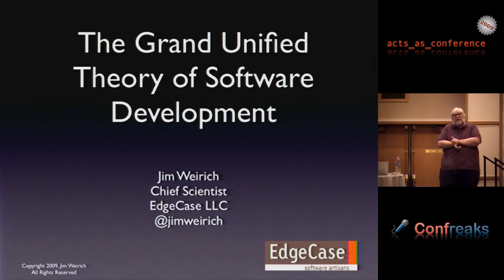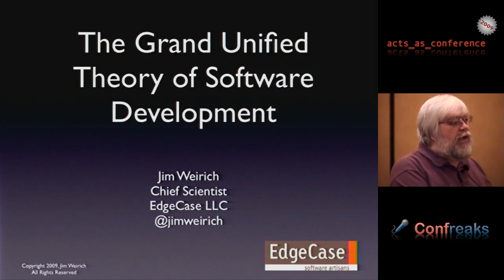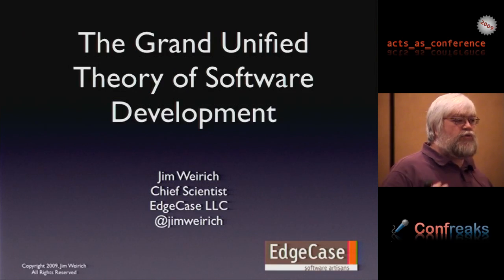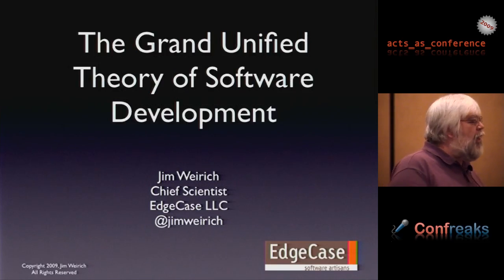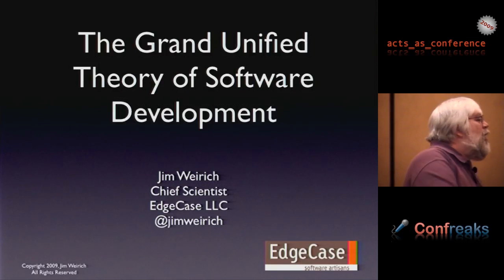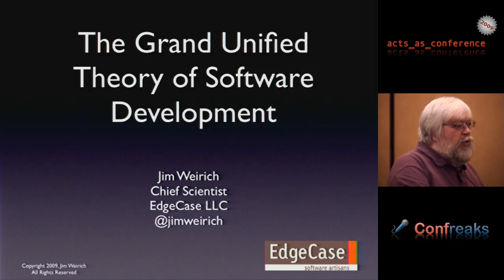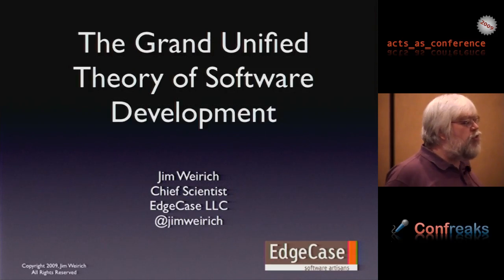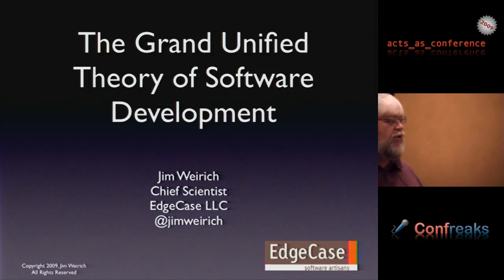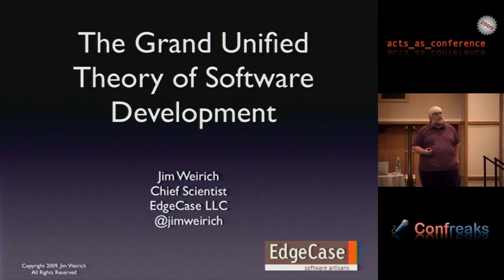If you're familiar with physics at all, you understand there are certain fundamental forces in the universe. There's the strong nuclear force, the weak nuclear force, the gravitational force, and electromagnetism. And they're all governed by separate equations. What physicists would love to come up with is the grand unified theory, explaining all the forces in the universe in one simple equation. No one has really been able to do that yet, although they've made certain attempts. I think the same problem exists in software these days: we have lots of theories on how to develop software, but we don't have any grand unifying thoughts to put into that.